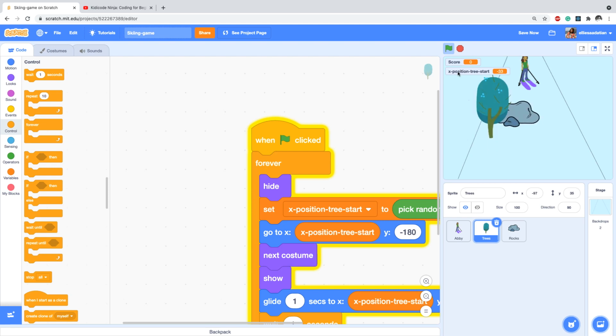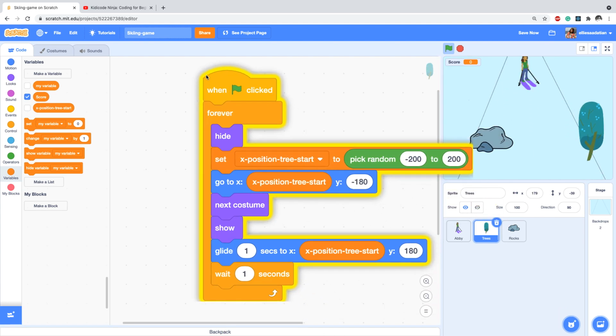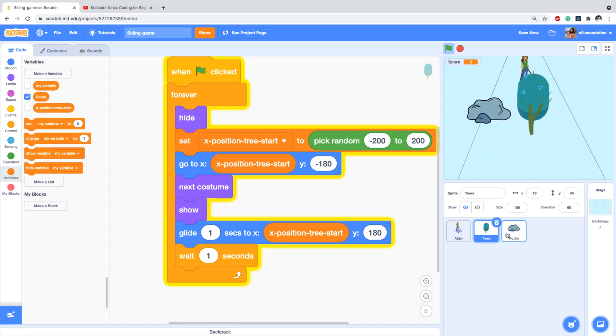I don't want to see this. I only need to see the score. So let's uncheck this one. We only have the score. Also, it doesn't look nice that both the tree and rock are moving at the same time. So in order to fix that, let's go to the rock